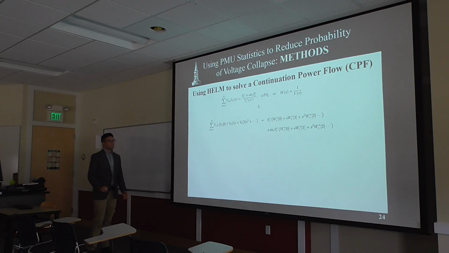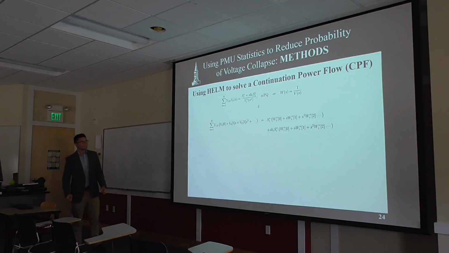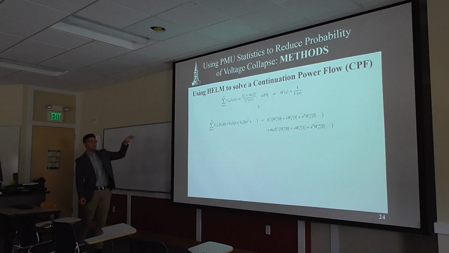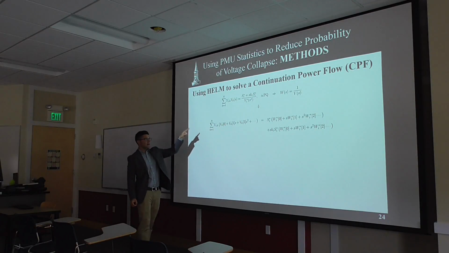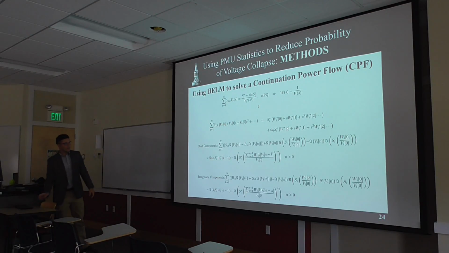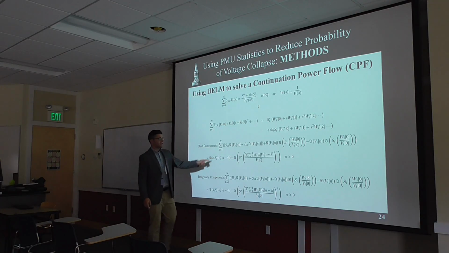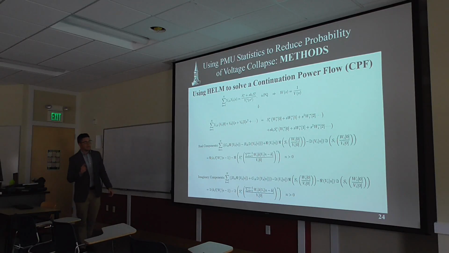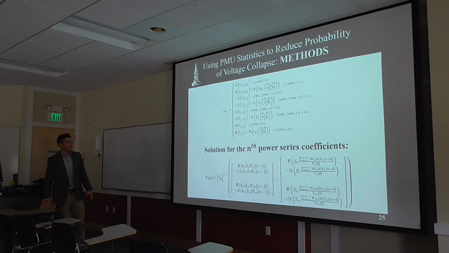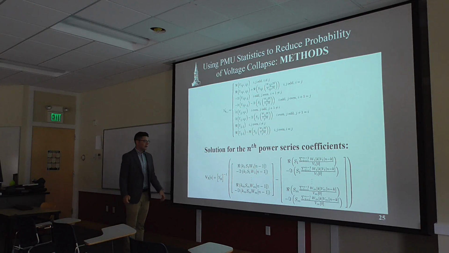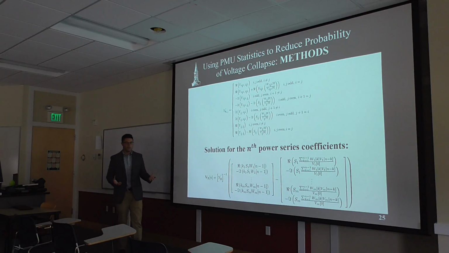I'm just going to give a very quick taste of the algebra that is used to solve CPF using HELM. We start by using this power balance equation at the PQ bus and embedding it with a holomorphic parameter s. Next, we expand the power series explicitly, and we generalize this expression to solve for the nth power series coefficient, because the n equals 0, or the germ solution, is already known, assuming that we've solved the base case power flow solution. So we separate this into the real and imaginary components, and then we do just some basic linear algebra to solve for the nth power series coefficients. Once we have the nth, we can solve for the n+1 using a recursive technique, n+2, n+3, for as many iterations as